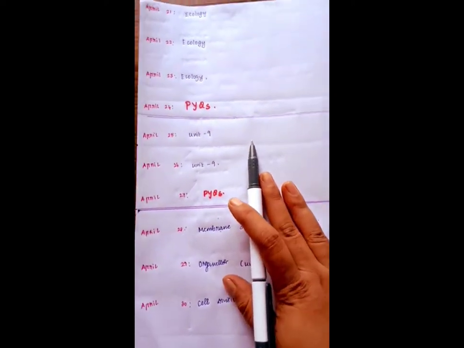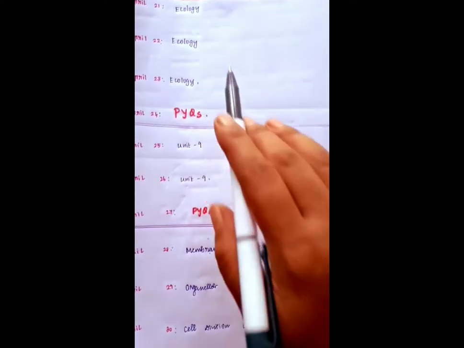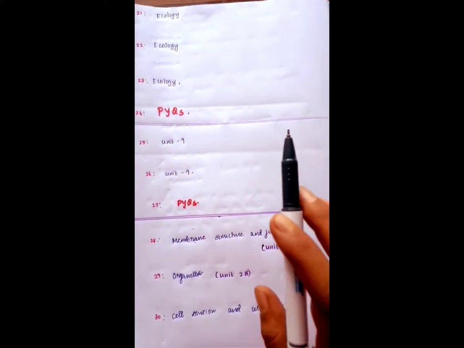Next is unit 9, diversity of life forms, which is again an easier unit. For both units there are notes in the Pathfinder book. You can refer only to Pathfinder, since I am also going to refer only to Pathfinder, friends. Ecology is a very important unit. Please don't underestimate it. You need only 3 days to prepare.